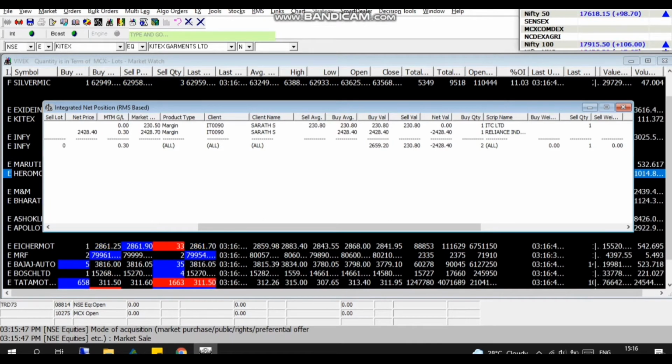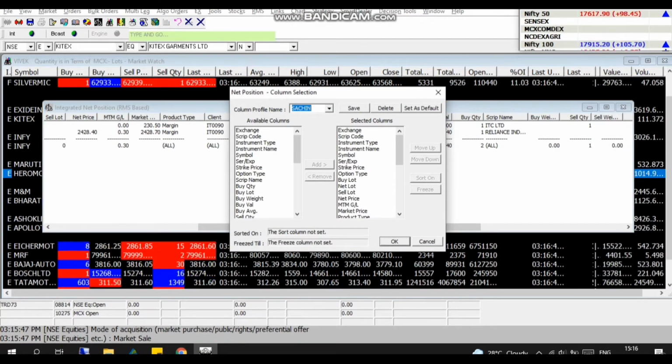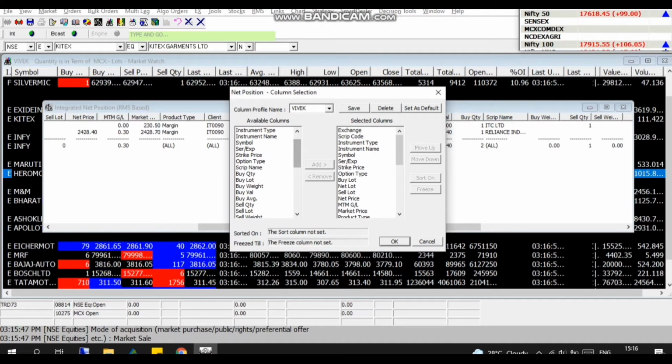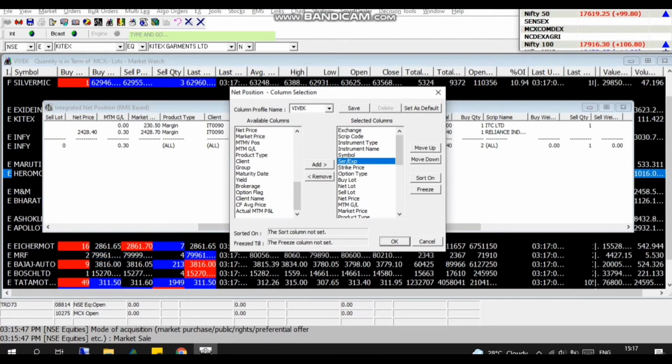So now how to set this column profile. You have to right click, select column profile, give a name for that portfolio, select whichever columns you want from the left hand side, bring it to the right hand side by pressing add, and then save that portfolio and give OK.